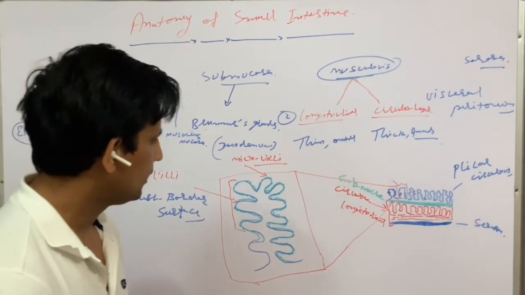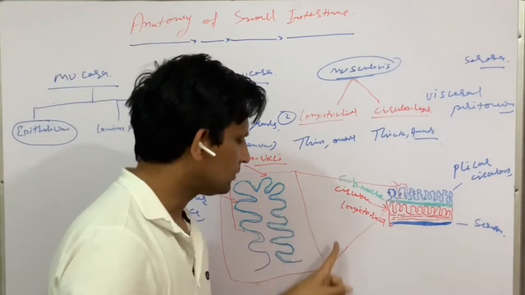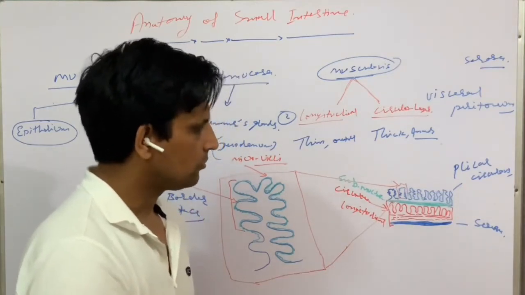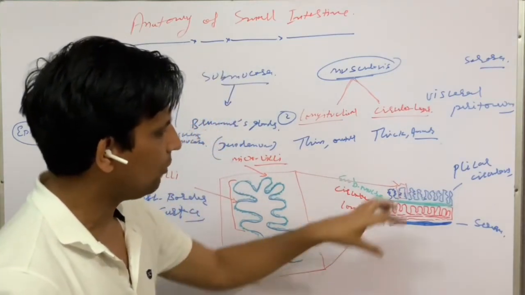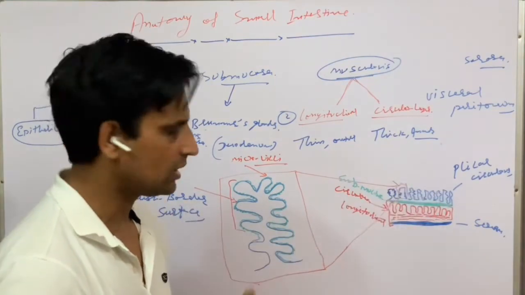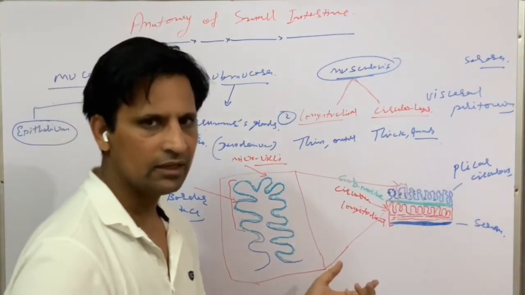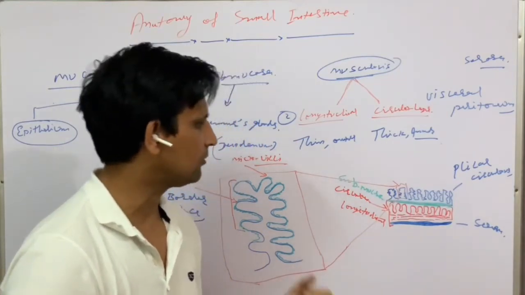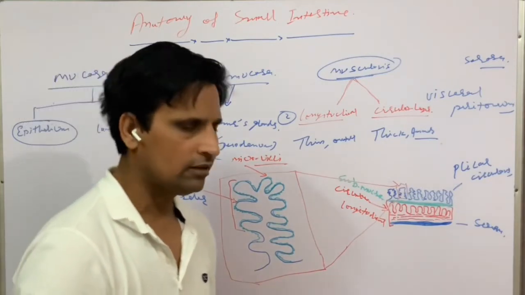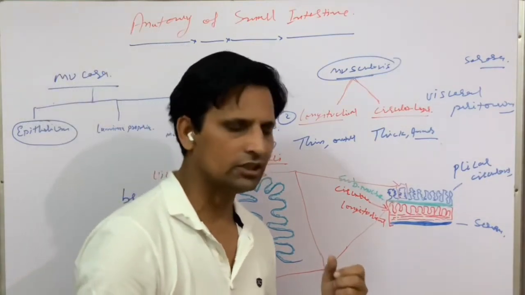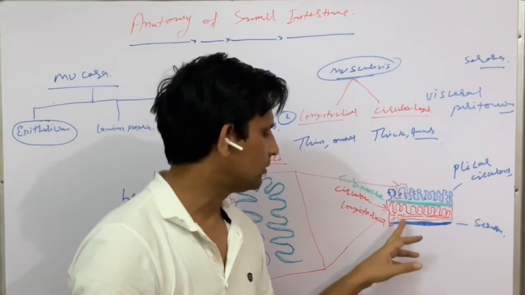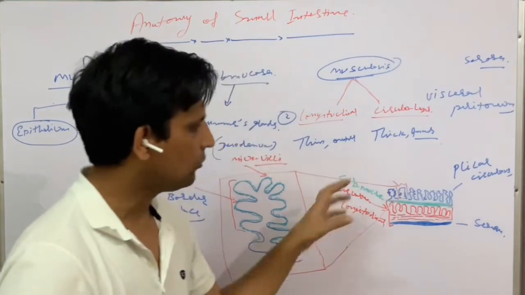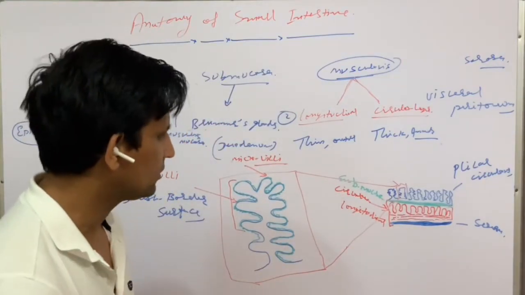One more thing, this also helps in, as you can see, all the content which comes into the GIT. There would be some secretion from the buccal cavity, some secretion from the gastric wall, and some secretion added in the duodenum also, the pancreatic or bile secretion, and the wall itself secretes some juices.